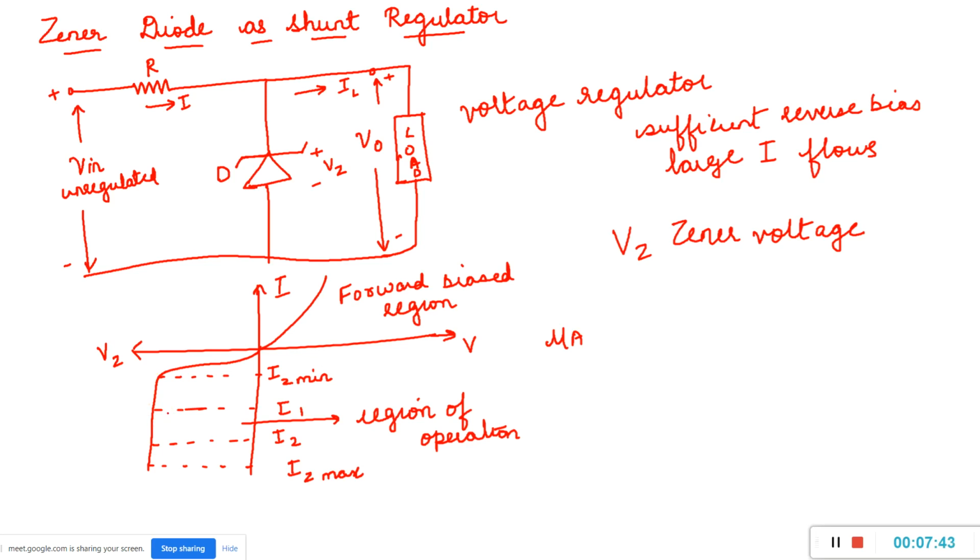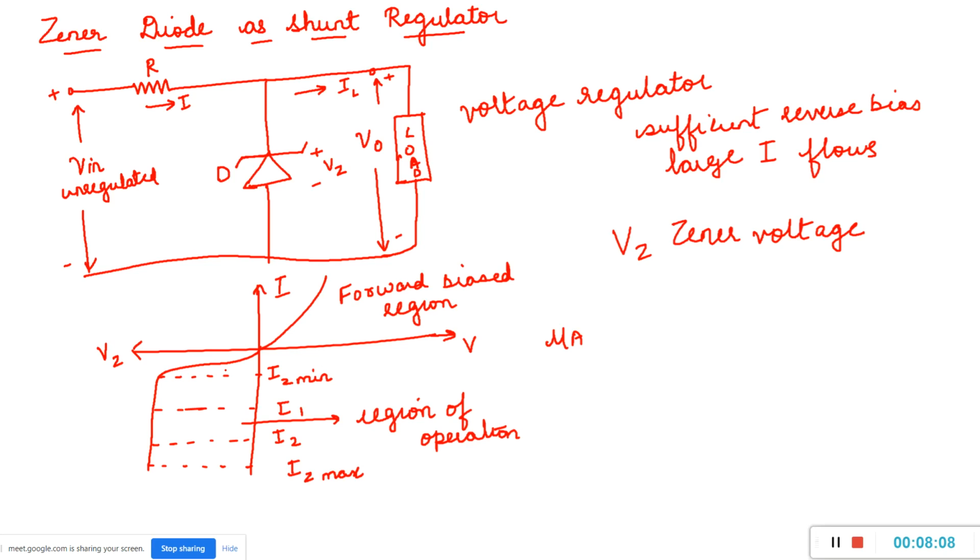Power supply, right? Any device to be functional requires a power supply to be applied to the device. Therefore, in order to supply the voltage, you require a constant voltage to the device. You cannot apply less voltage, nor can you apply more voltage. If you apply less voltage, the device will not conduct. If you apply more voltage, the device may break down.